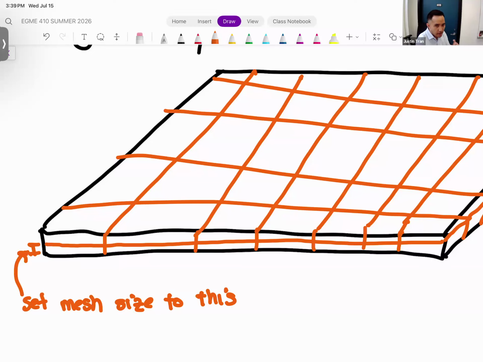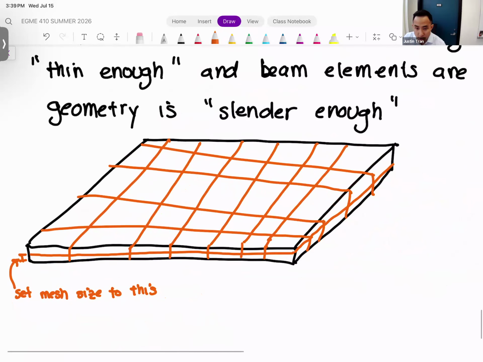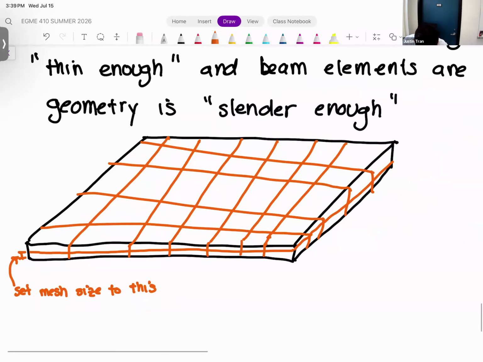But you're not setting that mesh size only in that direction. It would refine the mesh to that size in every direction. And so what happens then is that you also refine the mesh in the directions that are not thin. So instead of just having a mesh that's thin that way, you also have a mesh that's thin this way as well. And I'm not going to do this throughout the entire structure, but